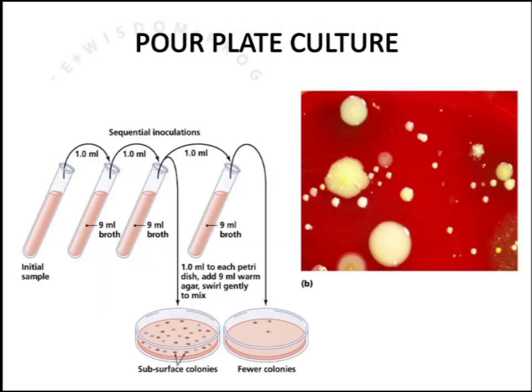This is a pictorial representation of pour plate method. We will dilute from the initial sample 1 ml by taking 9 ml of fresh broth in sequential dilution, and finally we will mix with the liquid agar and pour into an empty petri dish, and after incubation we will observe the growth of microorganism, and we can see the least number of colonies in maximum diluted samples and the maximum number of separated or isolated colonies in concentrated solutions. So that is the pour plate method.